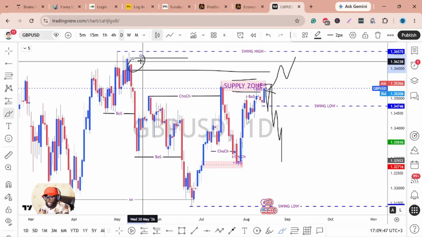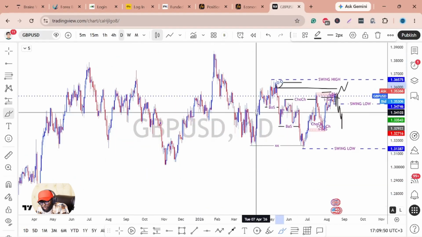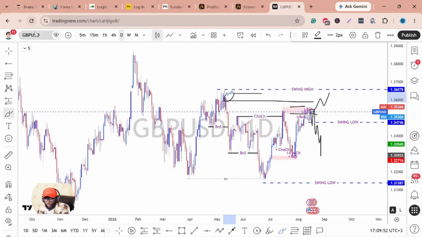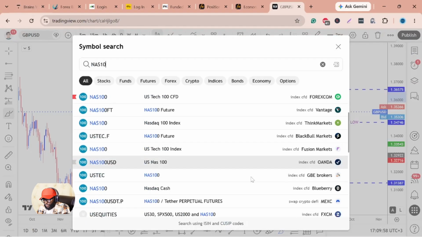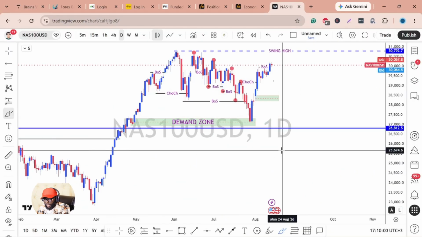Might hold the price, because that might again be a key level looking at the historical price action. So that is it for GBPUSD. Now let's look at NAS 100. Now for NAS 100,